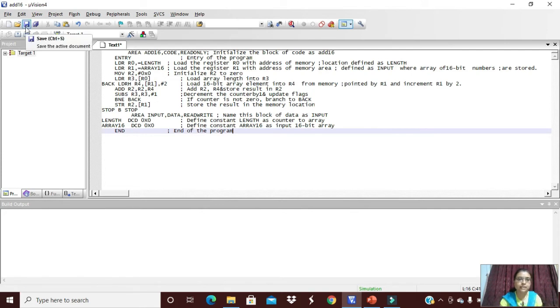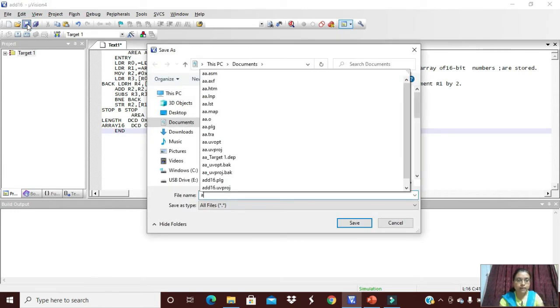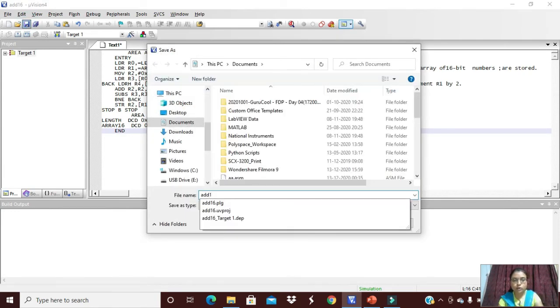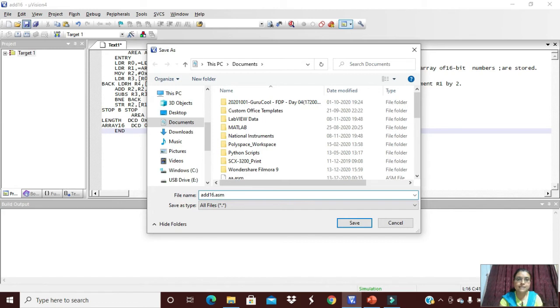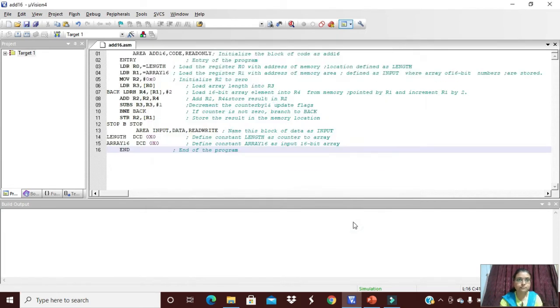Then after writing the program, you have to save the file. The file should be saved with the extension .asm. ASM is nothing but an assembly program. Then press Save. After saving, it will change the color.